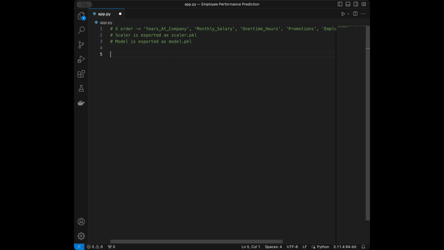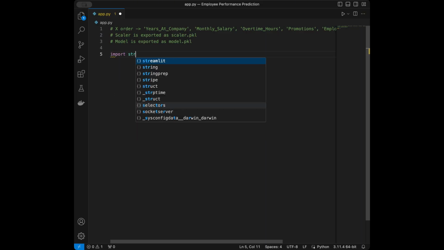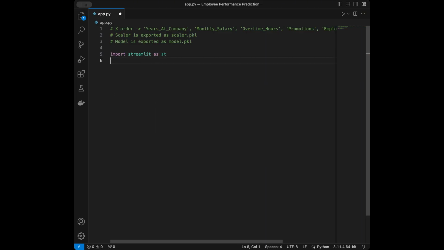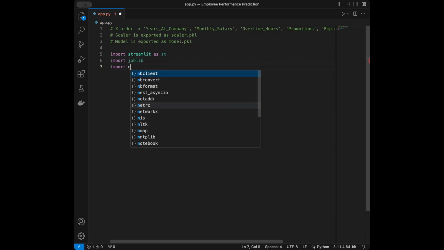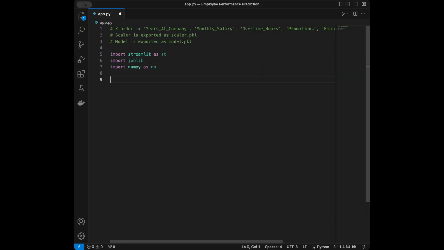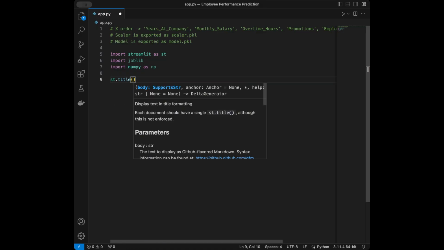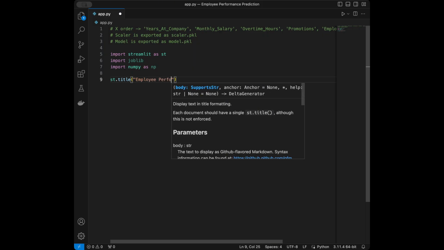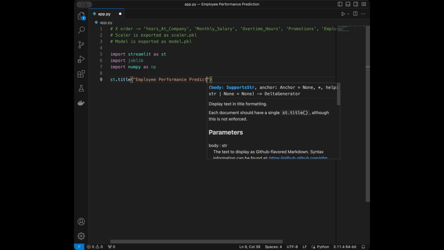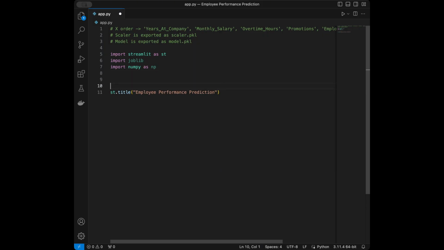As the starting point, we are going to do our imports, like I will say import Streamlit as st, import joblib. I will say import numpy as np. So we are going to start by giving our app a title, like we can say employee performance prediction. And before starting to our app, we can just load our model and scalar in here, like scalar